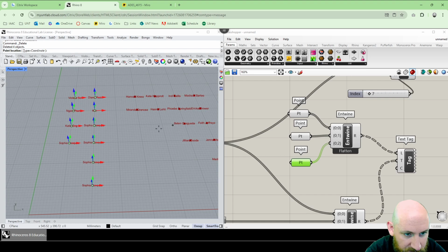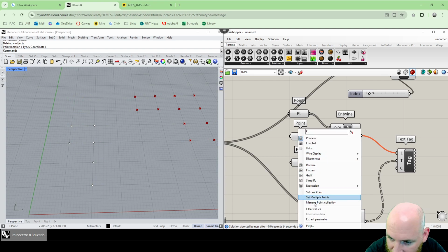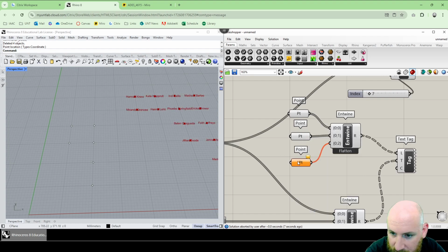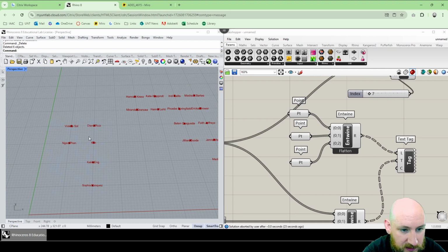Now, if I select multiple points, it will just rewrite them. And I can go here. Let me just clear the values. So I can do clear values to empty this out. And then set multiple points. And there we go. See the error. Okay, and that's kind of, I guess, proving data structures are important. So internalize this data, delete these points, and now let's turn all this stuff preview off,